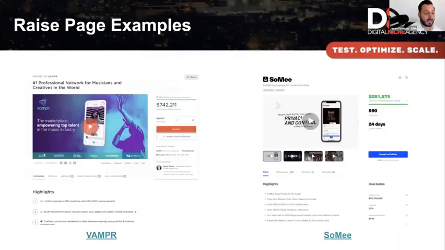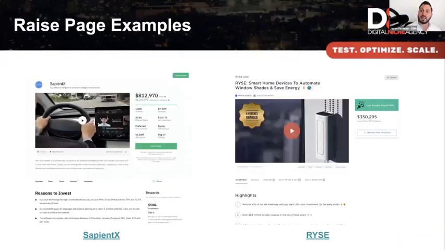So I'm trying to show you examples of the campaigns that are working. A top Reg A Plus campaign, and an example of one of their offering pages here, is Rise. A smart home device to automate window shades and save energy. Had the pleasure of being with their CEO at Equity Crowdfunding Week on a panel, and have had in-depth conversations about where this company is going. They're definitely a standout. You can see on the highlights, receive 10% of our net revenues until you earn 1.75x